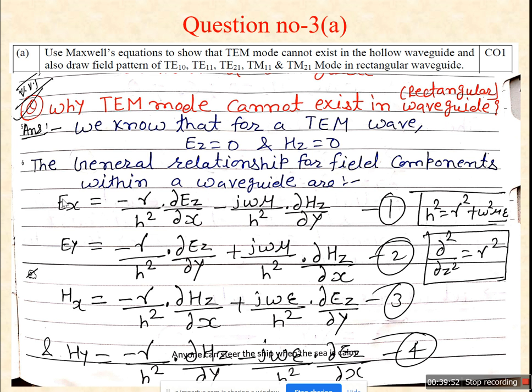Here E is there, but differentiate with respect to Y. Here negative, positive, positive, negative, alternate sign. This goes with H, here H, here X. Then you just need to change this piece only, here mu, here epsilon. Let's see, in all the four, Ex, Ey, Hx, Hy, Ez and Hz are also there. Here Ez and Hz are 0. Put these terms in, and Ex, Ey, Hx, Hy will be 0.